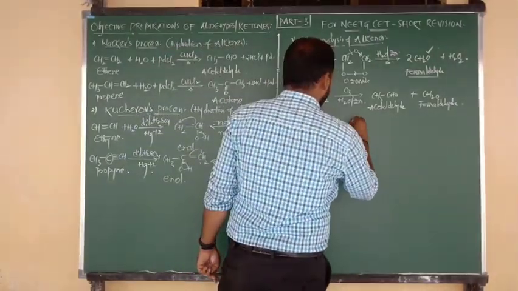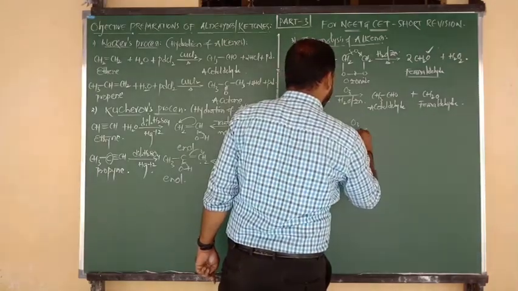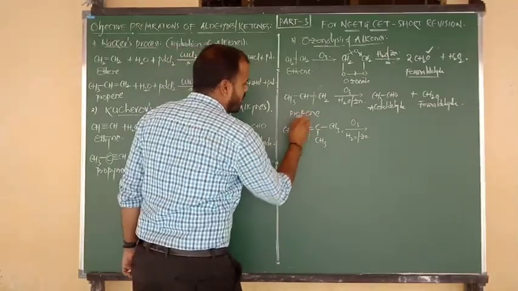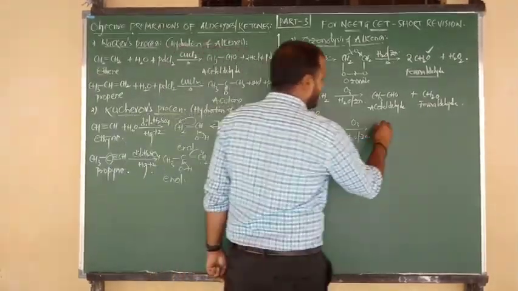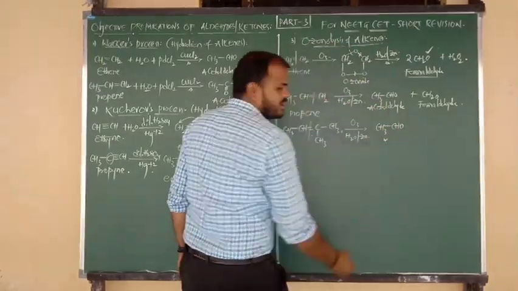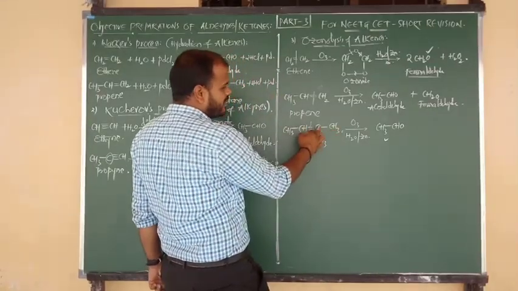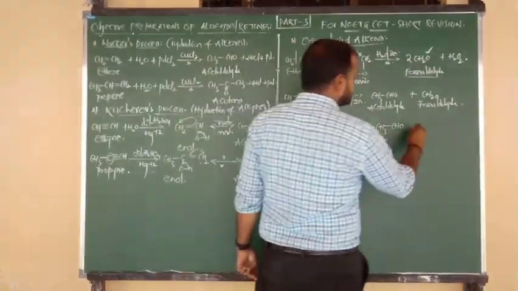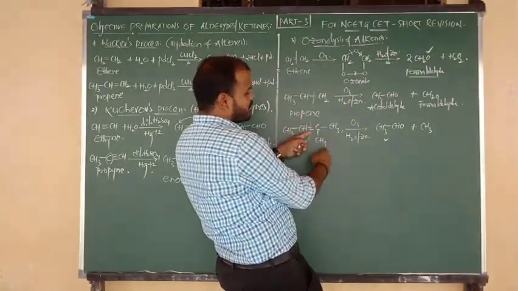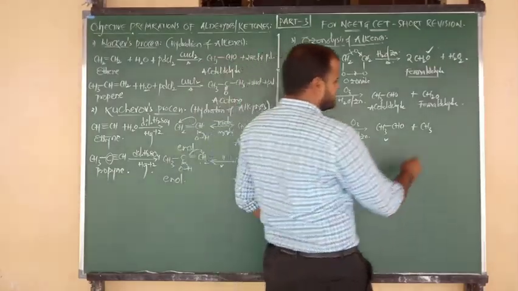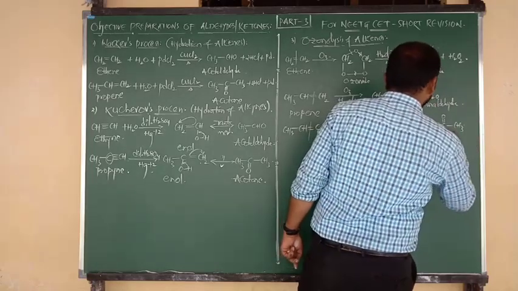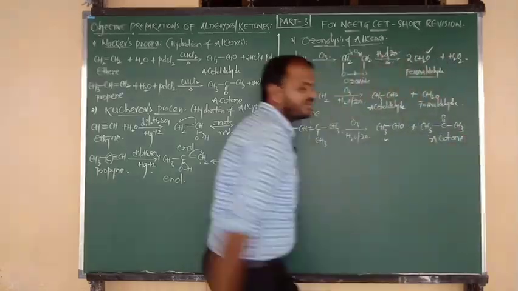2-methyl 2-butene, upon ozonolysis, reaction with ozone and followed by hydrolysis in presence of zinc. Just break the double bond, again 2 sides 2 oxygen. So one side CH3CHO. Nothing but what you are going to get, beta, same as the above product, acetaldehyde. One more is CH3 bond C, double bond O, again connected to CH3. So what will be your expected product, beta? Acetone. Cut the double bond, 2 sides 2 oxygen. CH3 bond C double bond O CH3. So what will be your final product? One is acetaldehyde and one more is nothing but what, beta? Acetone. Like that you will get the product.